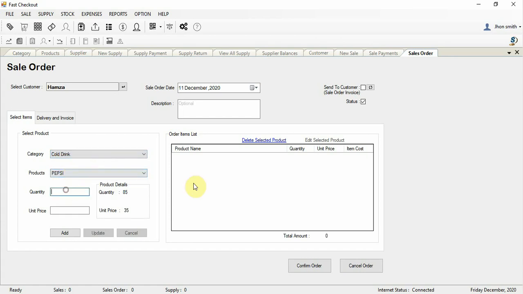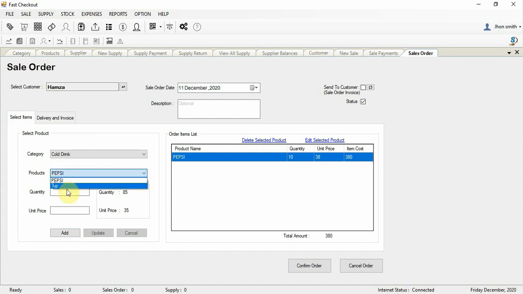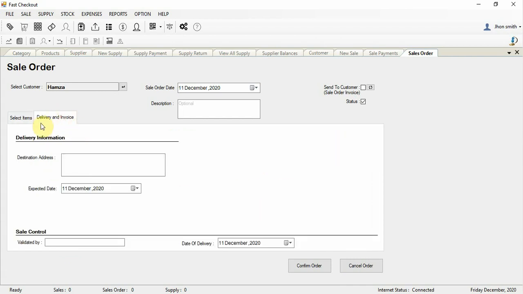Cool drinks, I'm going to add to the order, and the unit price is, for example, 38, and 3 rupees or 3 coins is the delivery charges. So now add this. If you want to add more items in the cart, select from here, enter the quantity and click on the add button. Okay, if you check this, then go to the delivery and invoice. So now enter the destination address, for example, Peshawar,